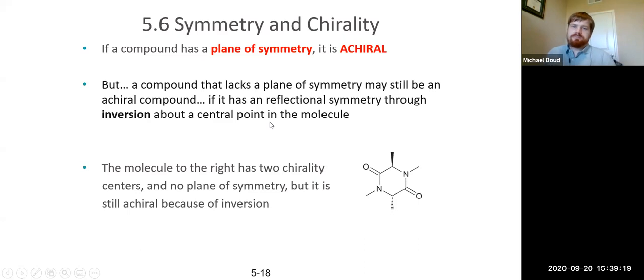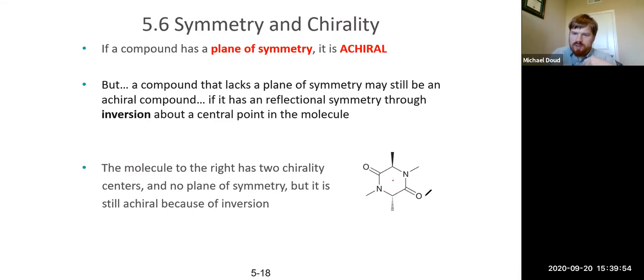So next up, if it has a plane of symmetry, it's achiral. But that said, a compound that lacks a plane of symmetry can still be achiral, because it could have reflectional symmetry through an inversion, if it can be inverted through a central point in the molecule. So here you would think, okay, looking at this carbon and this carbon, they're both chiral, right? They look like they're bonded to 4 different things. But if you pick a point and then invert the molecule through that point,